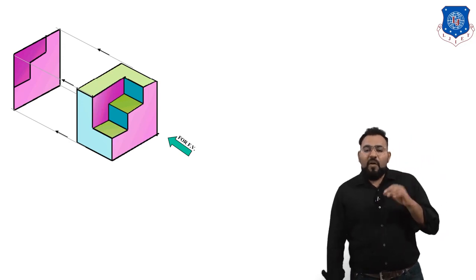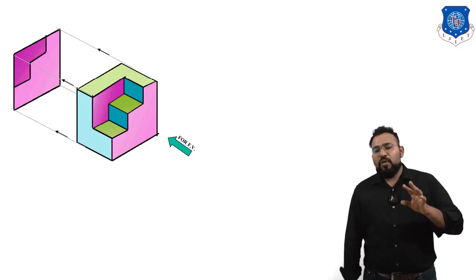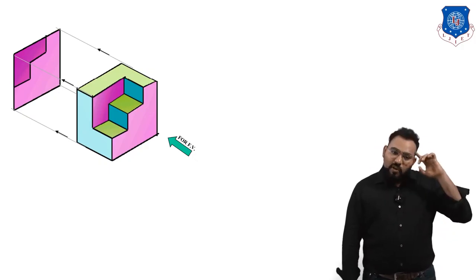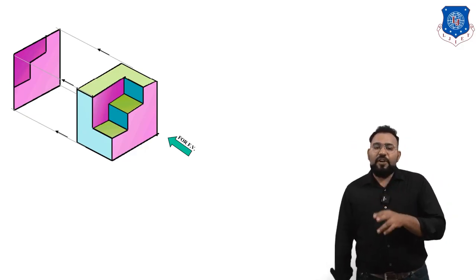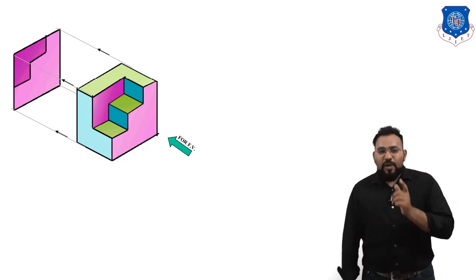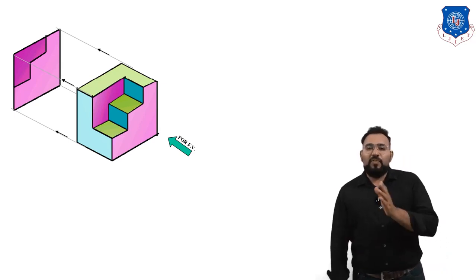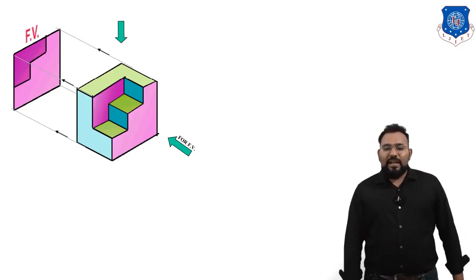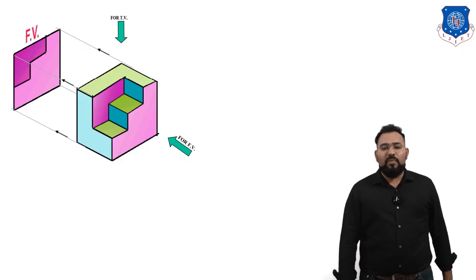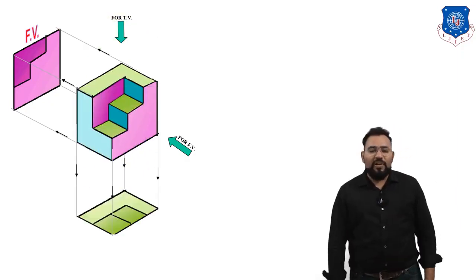Okay, now when I ask how the top view is going to look like, what you have to do is stop the video and visualize in your mind how the top view is going to look like, and then start the video again. If my top view and your top view match, then you are good at this. Okay, otherwise you will require practice. Now let's see how its top view is gonna look like. So let's look at this object from the top. So its top view is gonna look like this.